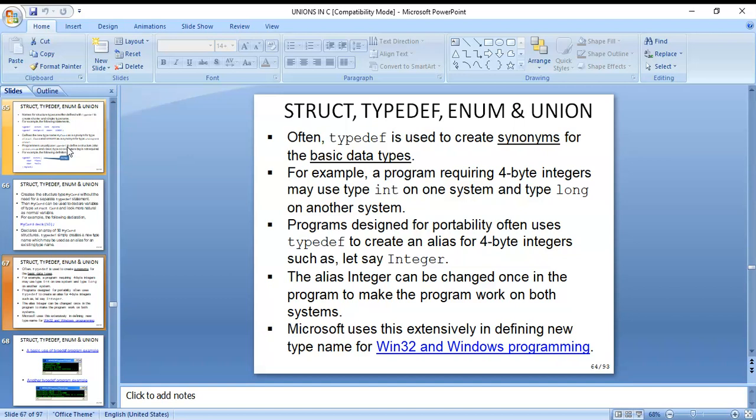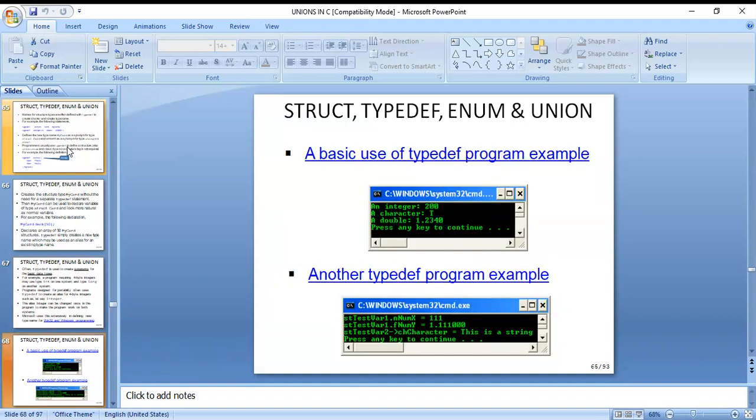Next, Microsoft uses this extensively in defining new type names for Windows 32 and Windows programming. Here you can see a basic use of typedef program example: an integer, a character t and a double 1.24, and press any key to answer.